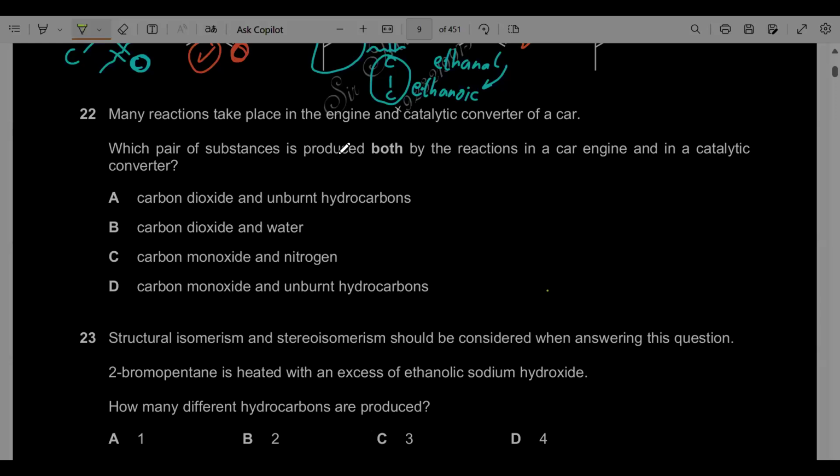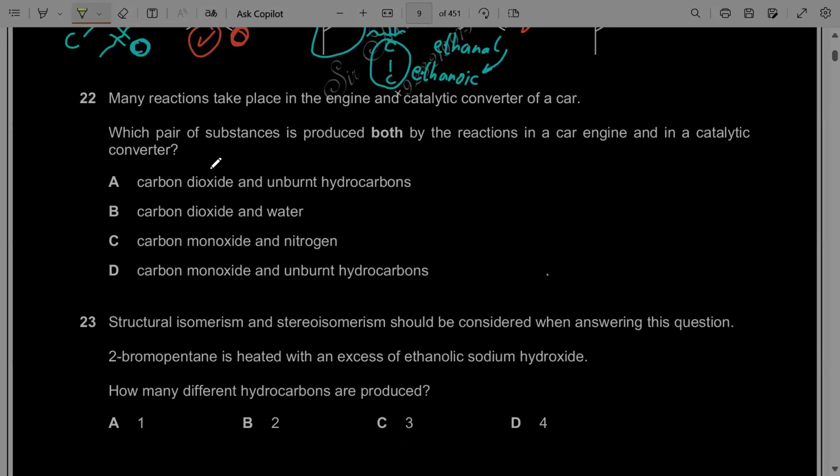If we remember, carbon dioxide is produced inside the car engine as well as by the catalytic converter, because the catalytic converter will produce carbon dioxide, nitrogen gas, and water. So these will definitely be produced by the catalytic converter. Whereas reactions of the car engine can also produce carbon monoxide, carbon dioxide, water, and